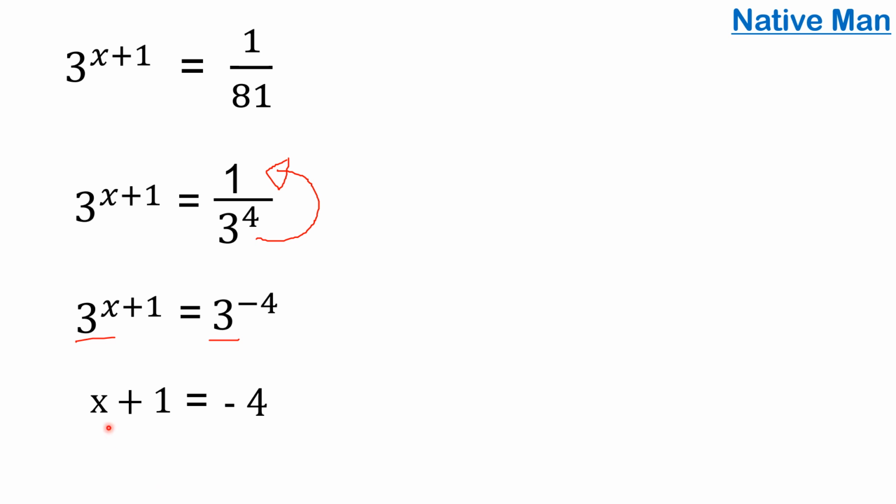And then we are going to solve for x here. So x plus 1 is equal to negative 4. Okay? So I'm going to write it here. To solve this one, x plus 1 is equal to negative 4, we're going to move plus 1 to the right side of the equation. So how? The inverse of positive 1 is negative 1. So negative 1 and then negative 1 on the other side.